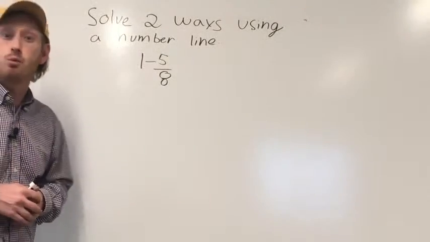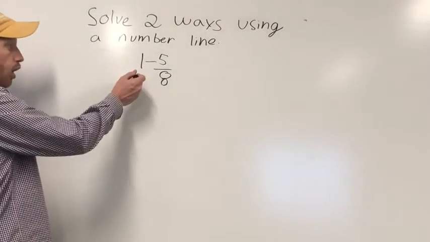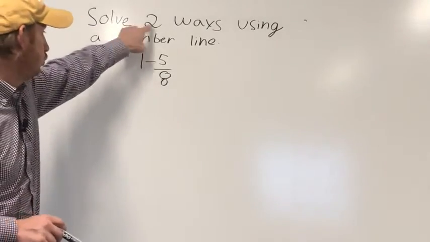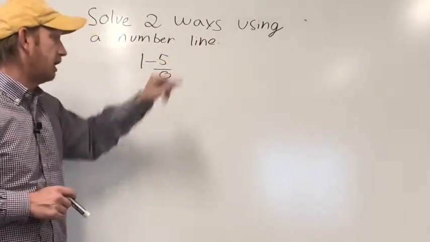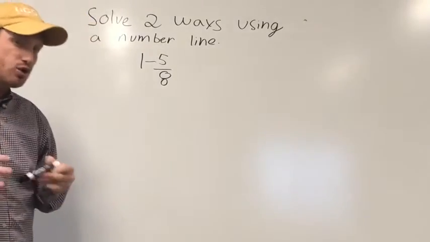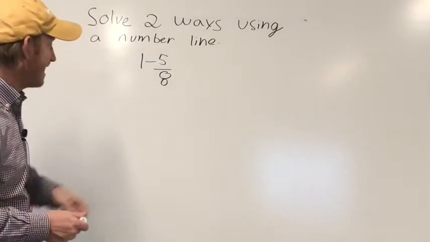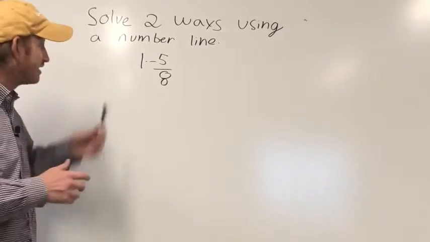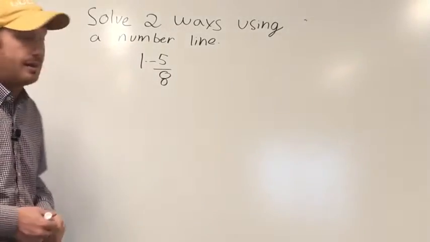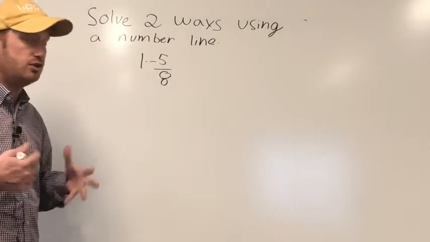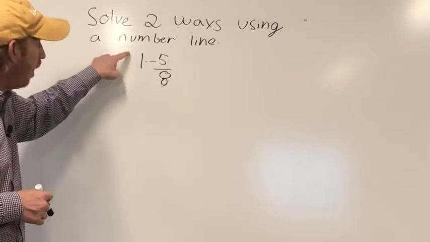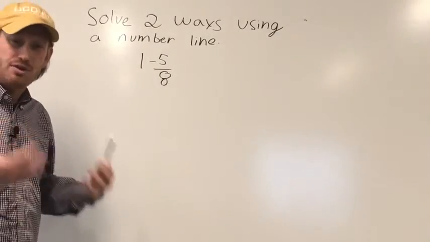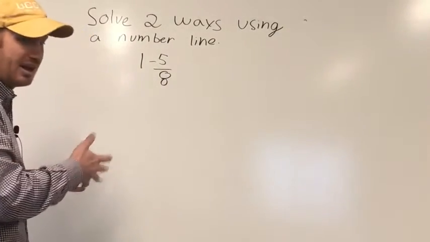So the first problem we're going to do is 1 minus 5/8. And we're going to solve it two ways using a number line. What makes this question a little bit trickier is that the 1 is not a fraction. It's a whole number, 1. And what we have to really make sure we do is understand what that 1 means. 1 is the same thing for this problem as saying